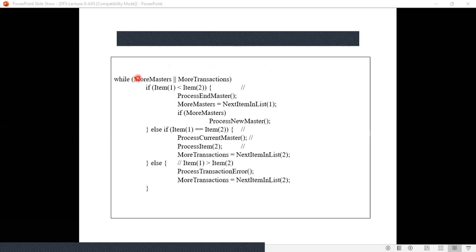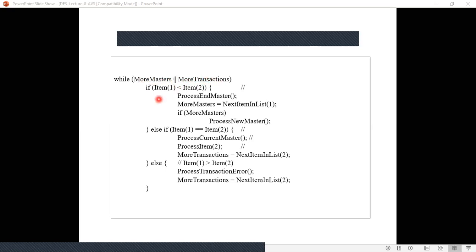While there are more masters or more transactions, that is, while there are items in the list: more masters refers to the ledger file items, and more transactions refers to your journal file items.